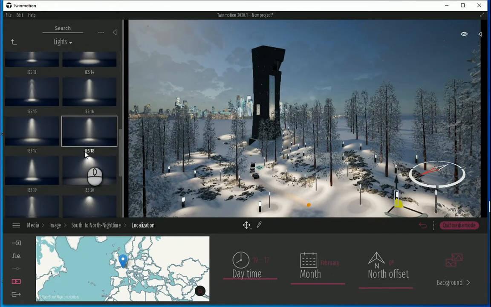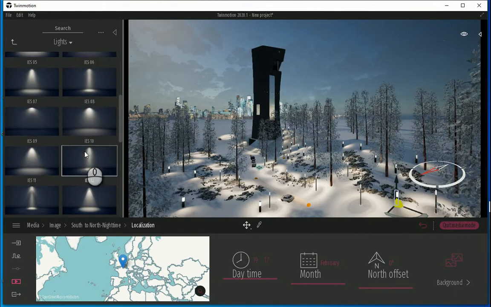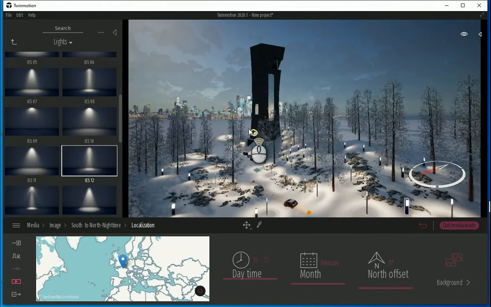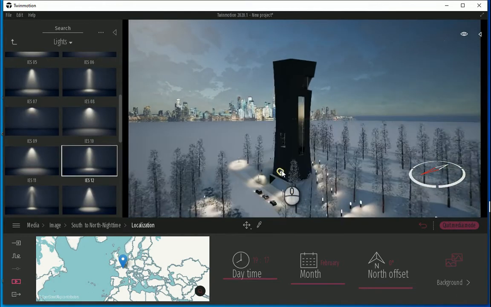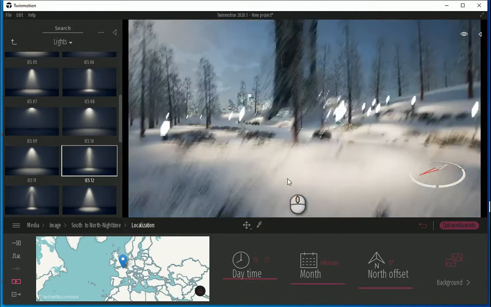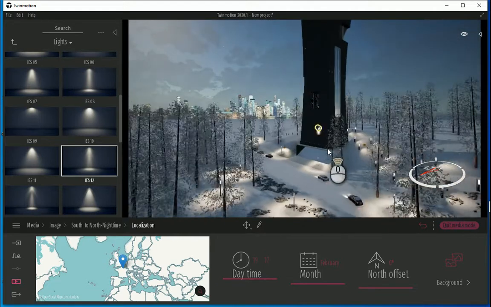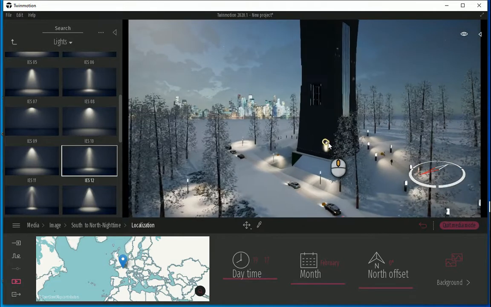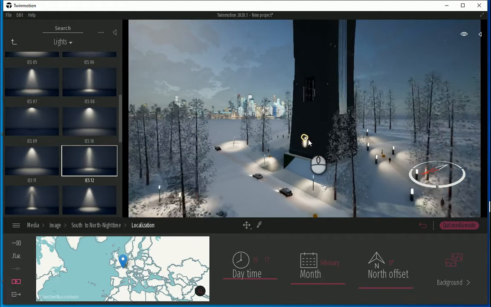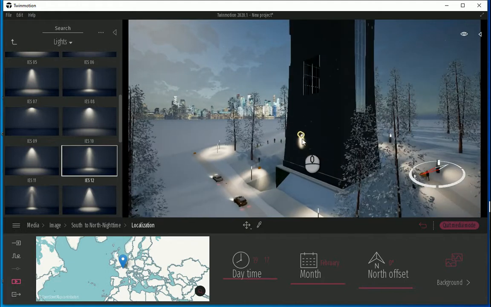I'm going to use a couple of different lights, maybe something like that for the lower floors. Actually, I also should move my camera a bit closer to the building.